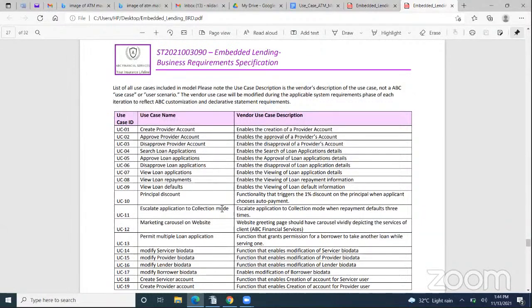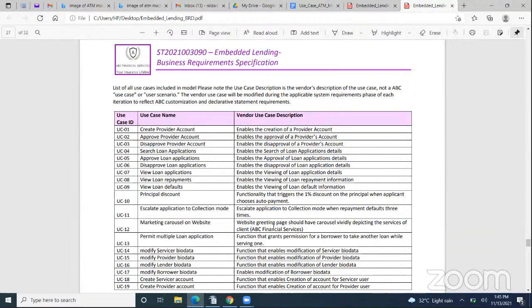Escalating of application to collection mode means whenever the borrower defaults 3 times, the loan is escalated or taken to the credit bureau for further action.